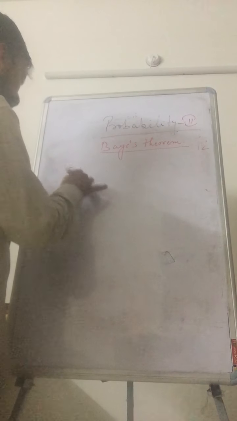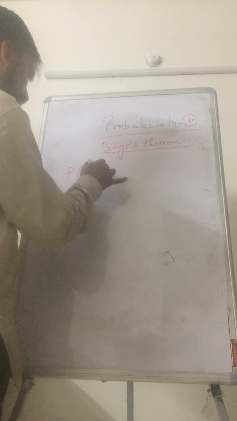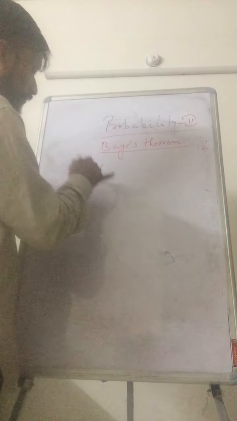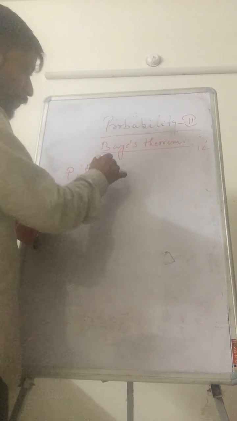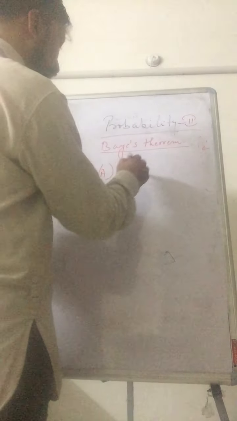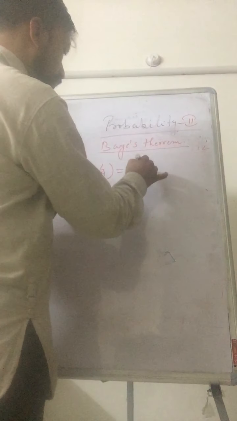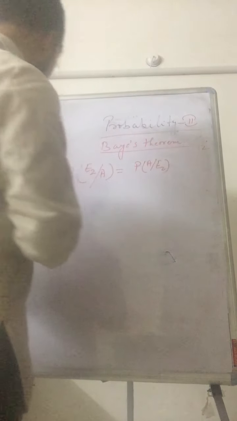The theorem is: from a particular container, suppose the E2 container, you want to find the probability of the red ball being from the E2 container. So E2 will come here first and then the ball will go here. Then what will we do? We will write here the E2 container, then we will write the probability of a red ball from container number 2,